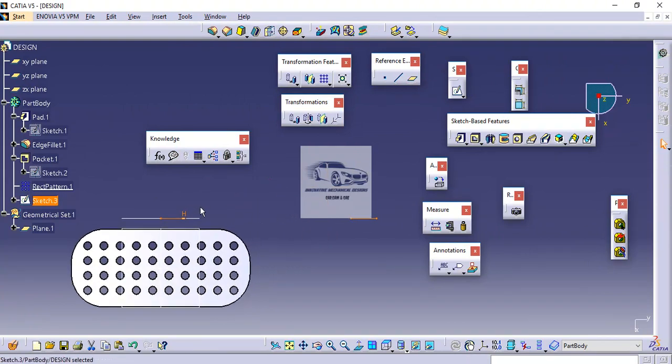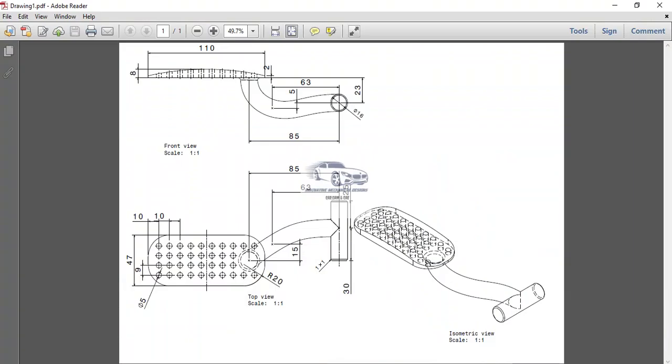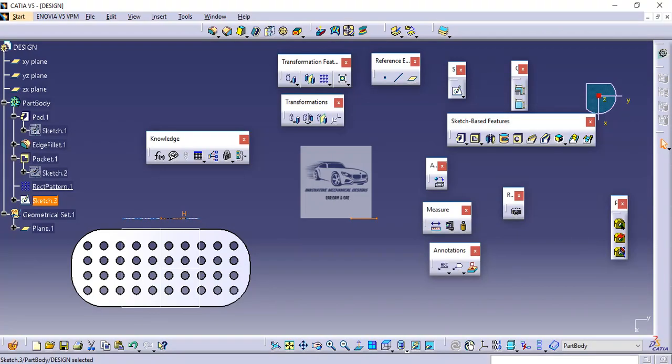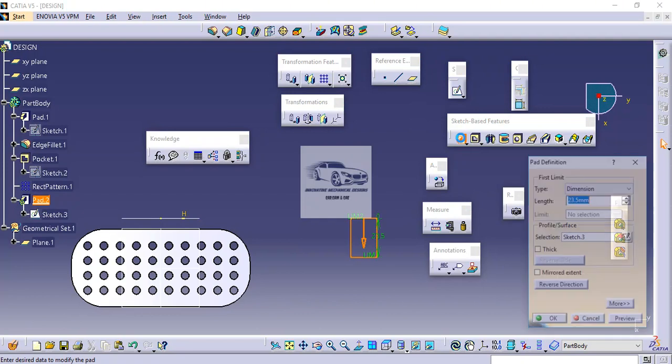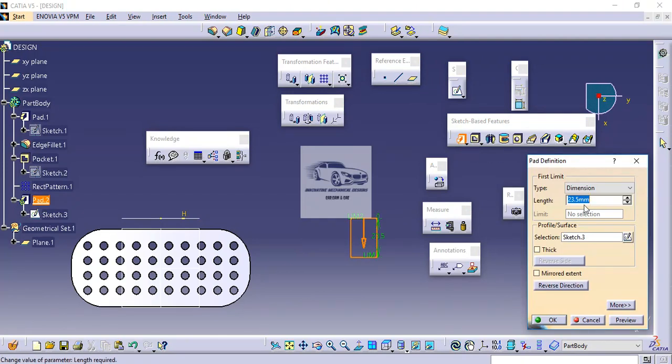Now as this sketch is on the plane which is 30 mm from the center, if we take a look at the drawing, from this particular plane it is extruded 30 mm on one side and 25 mm on the other side. So this is an asymmetric pad.